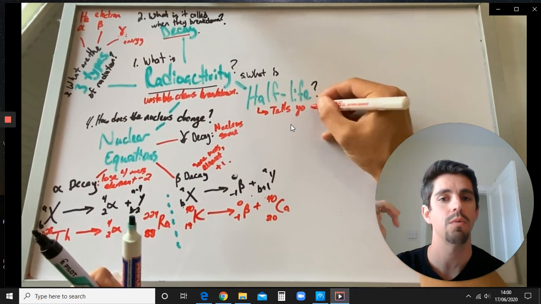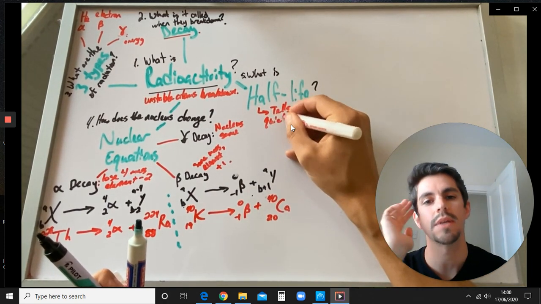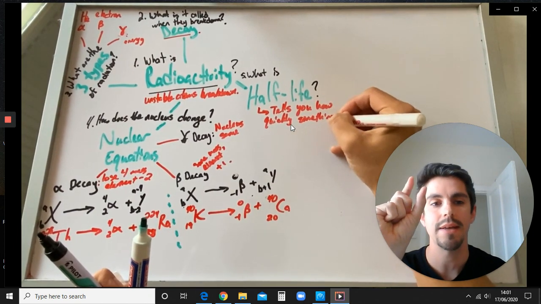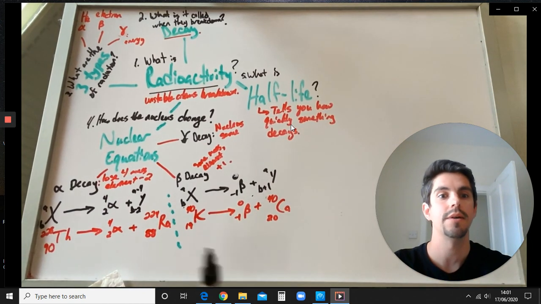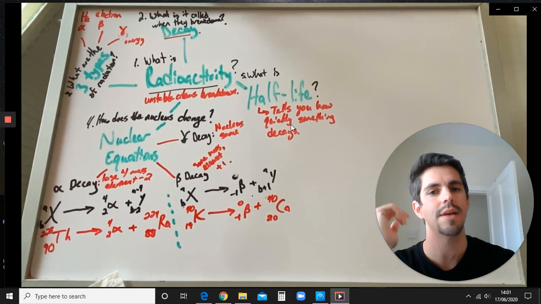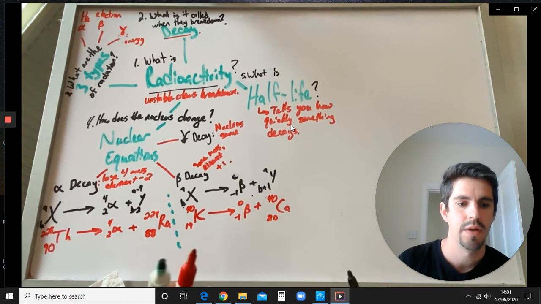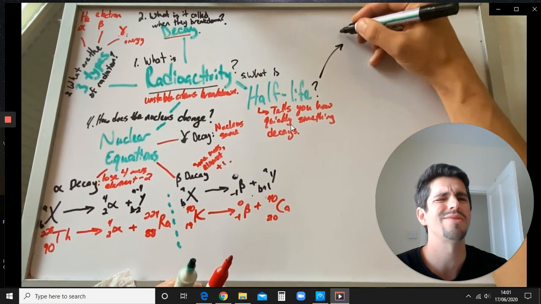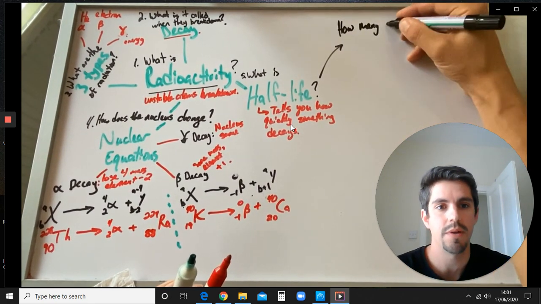So here's your answer. What is half-life? It tells you how quickly something decays. So if that number is really small, then it's going to decay really quickly. If that number is really big, and it's a time, okay? If it's a long time, then it's going to take a long time for it to cut in half. Now, how does this actually work out in terms of what are the questions that they would ask you for this? There's two types of questions, so I'm breaking them down separately for you.